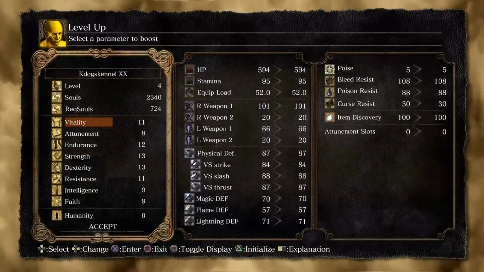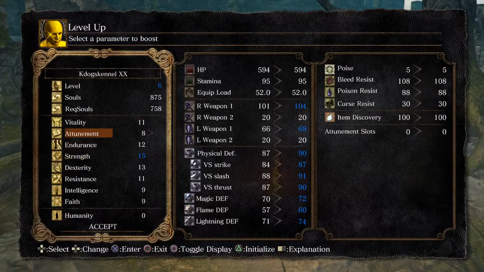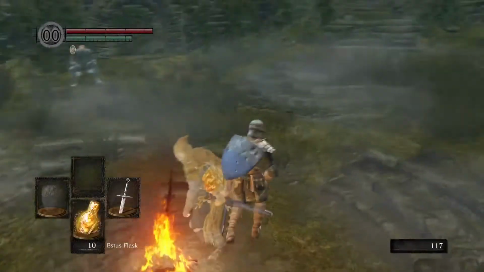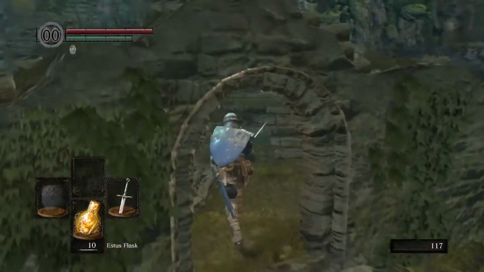Right, let's level up. Let's get our strength up to 16... or 15. And also I want to get my intelligence up to... you want to get your intelligence up early on to 15, and that's going to play a role in an NPC's side quest here in a little bit. Well, actually, not until we get to Sen's Fortress, which is almost the halfway point of the game, but...